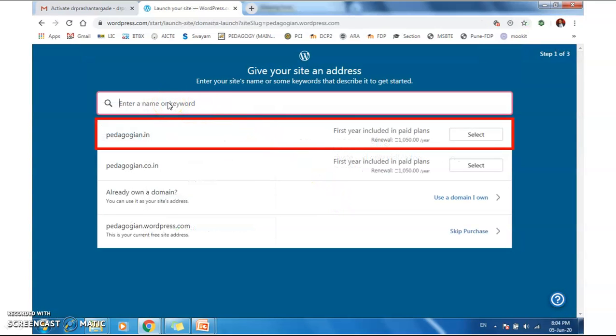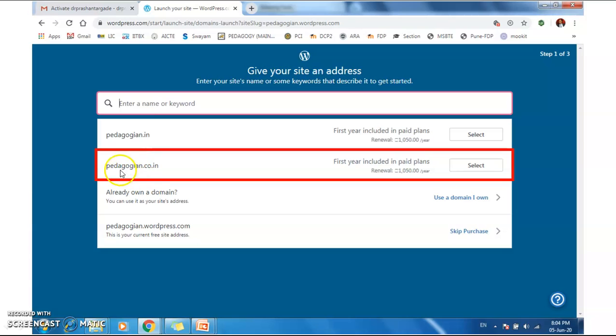Here you can change the domain name of your site. If you want to continue with the previous name, you can. Here also they will give options with some suffixes. For example, pedagogians.in with some charges, pedagogian.co.in with some charges.